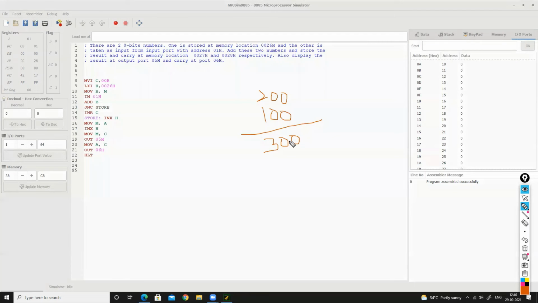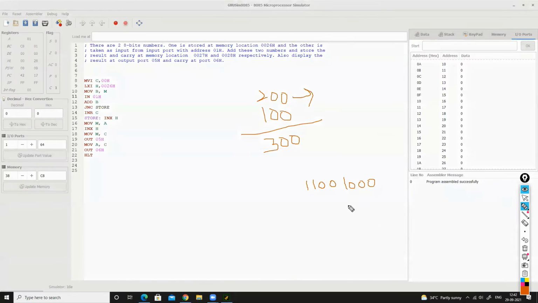But we know that this cannot be stored in 8 bits. So you can represent 200 using 8 bits. What is 200 using 8 bits? 200 is 11001000. This is 200 in binary.